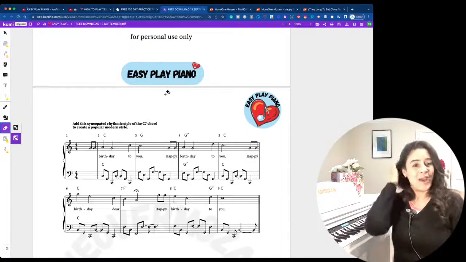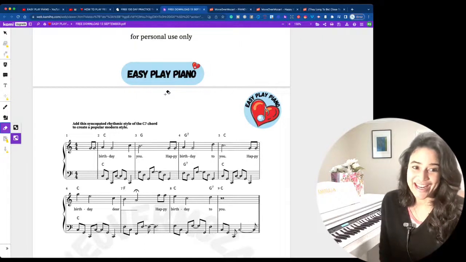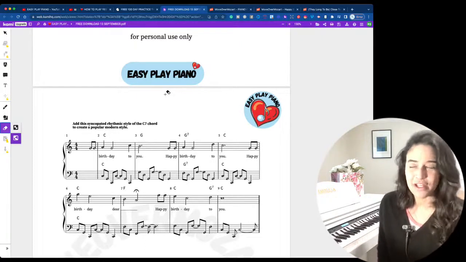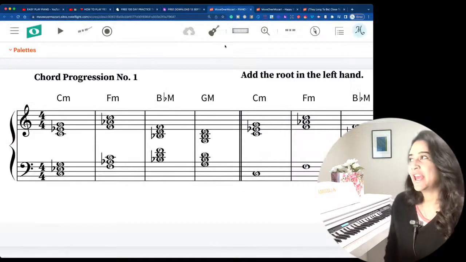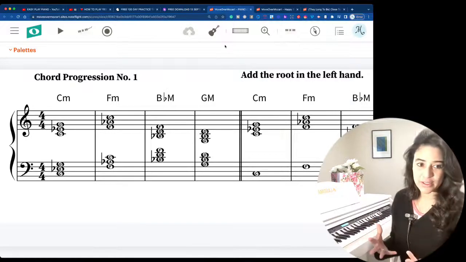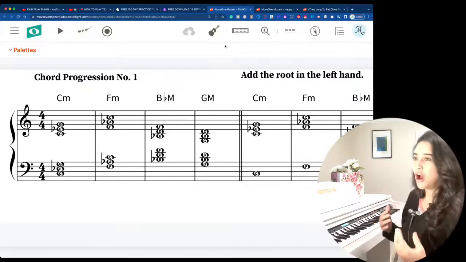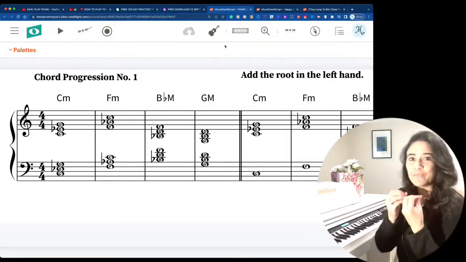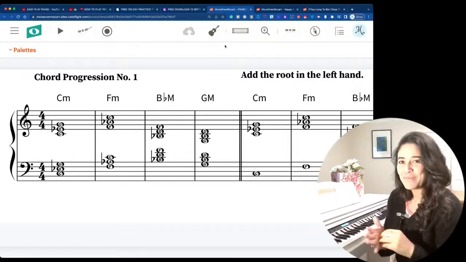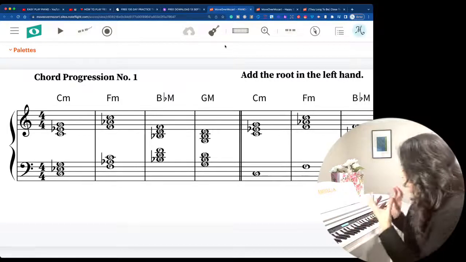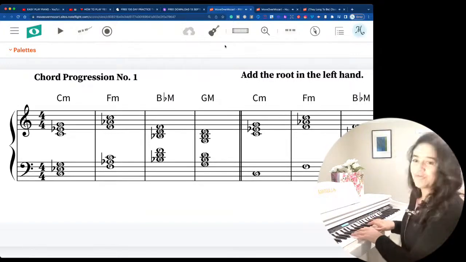But now what I also like to do is give you a little sneak peek into what we're going to be working on the following week, so you can sort of mentally prepare yourself. The next thing that we're going to be looking at is chords, minor chords. Now, I'm just going to start with giving you some of the basic chords. Of course, if you've known me for any amount of time, I always start with the fundamentals. I start with things, keeping it really basic and really sweet and really simple, because if you get the chords first, if you understand the structure and the progression,